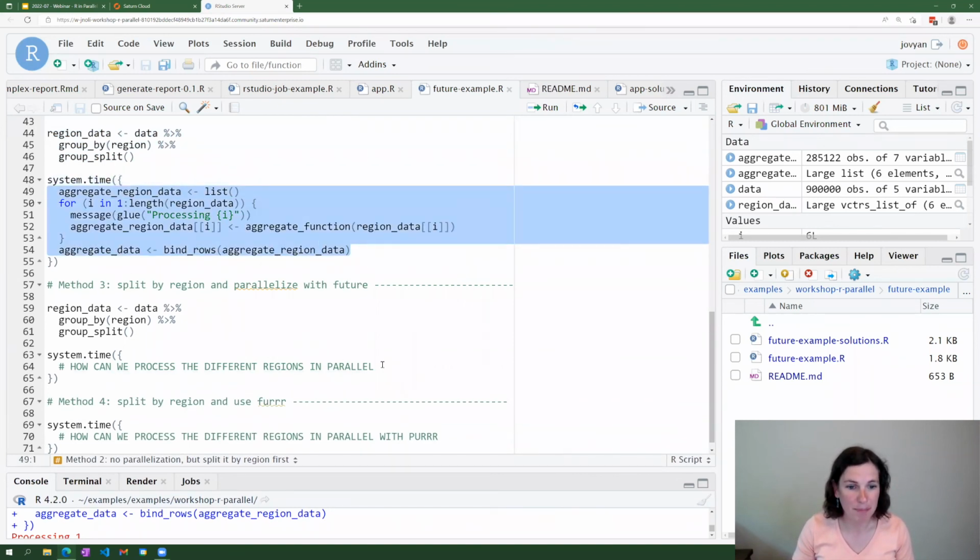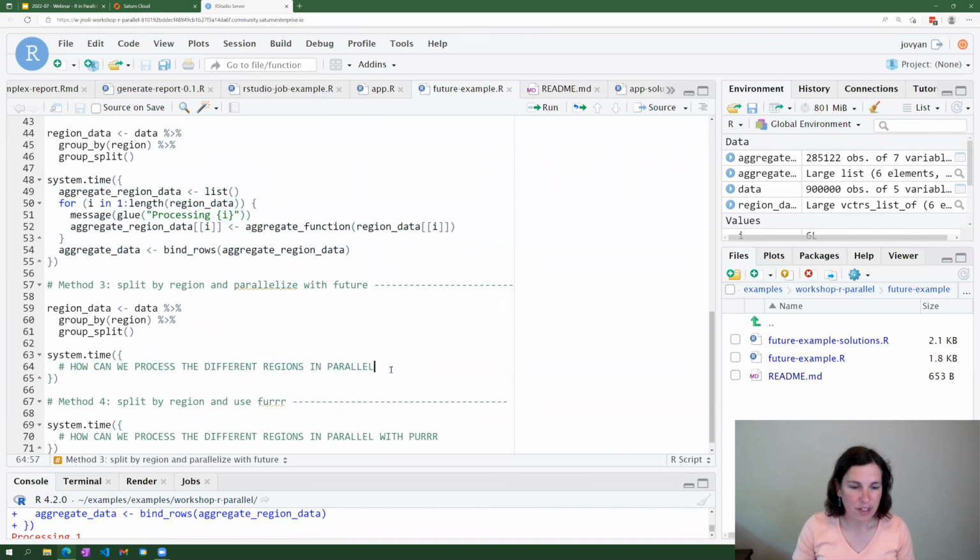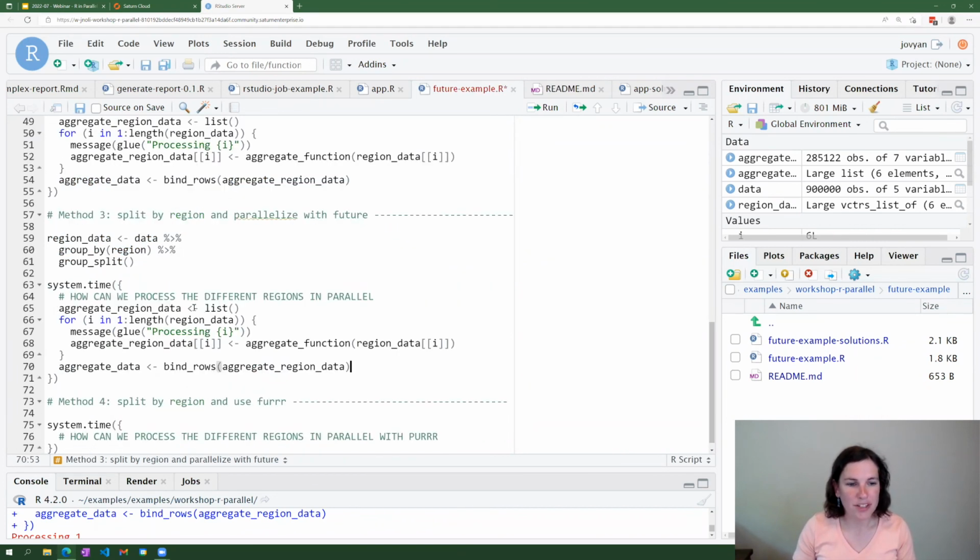So what I'm going to do is copy this over. And instead of just actually running this aggregate function, I'm going to say future aggregate function. So what this does is it just creates a future for each of these different aggregate functions. So for each of the regions, there's now a future. And then I'm going to bind rows of the value